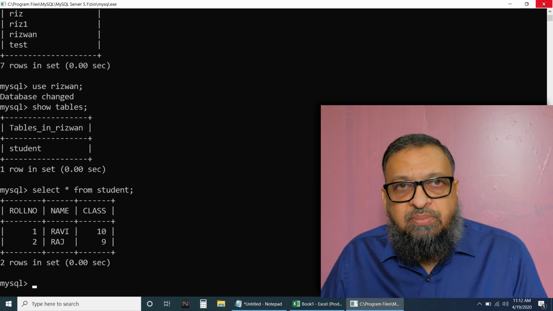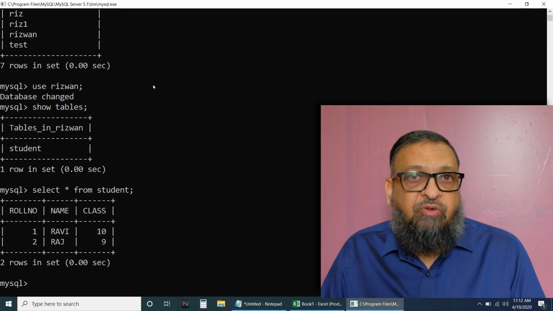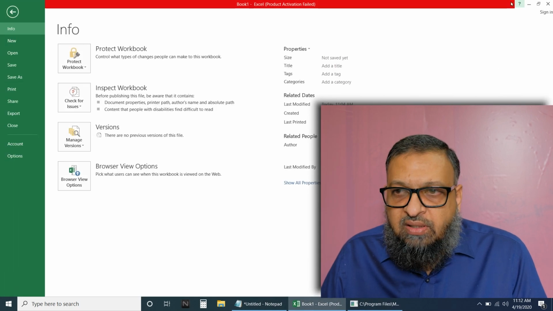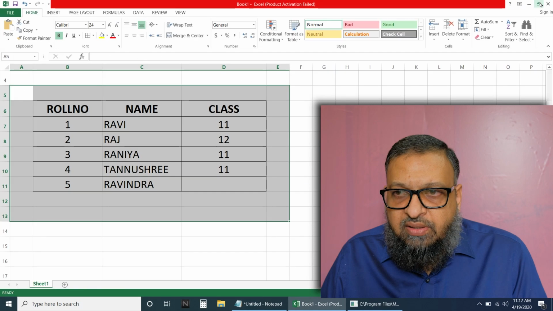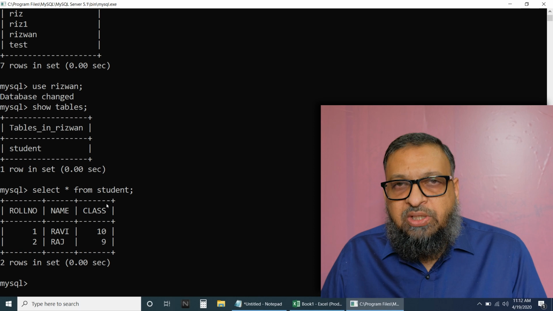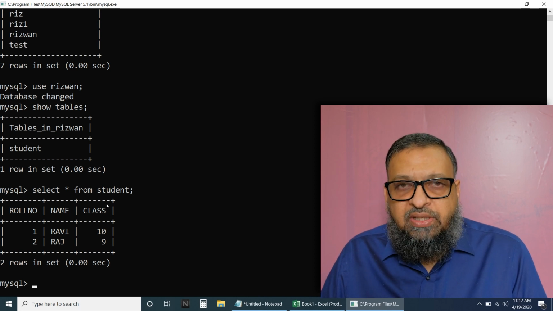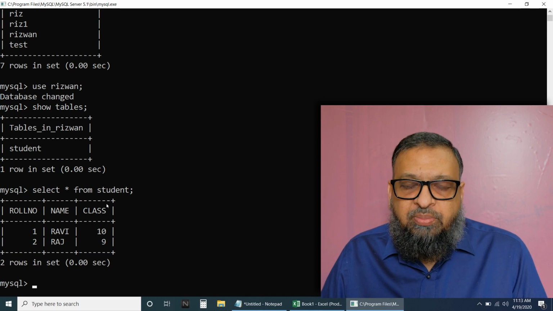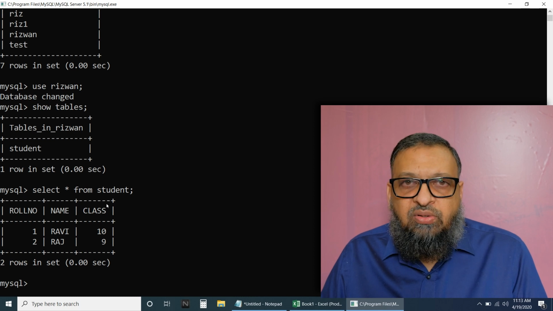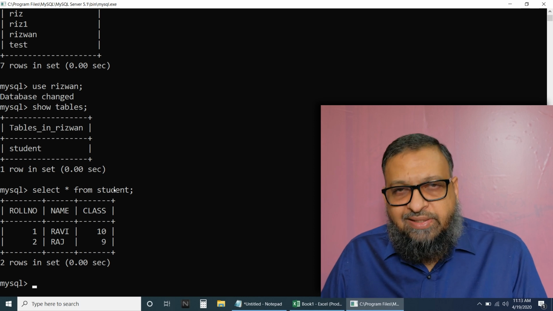You can close this MySQL and come back, the table will be there. It will be saved automatically. You don't have to press a save button. Like in an Excel sheet, you need to go and say save, correct? We don't have to do that here, okay? Whatever table is created and records you insert, all will be saved automatically. When you successfully exit or log out, then it will be saved permanently. Then you can go back to MySQL again and open the database, the same way that I have done, and you can see the table, it will be there, okay. Then we are going to see in the next class. Thank you.